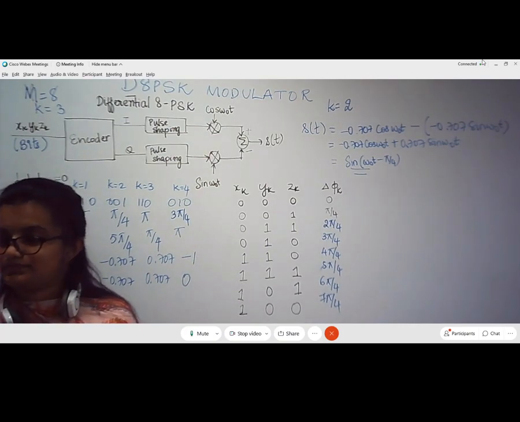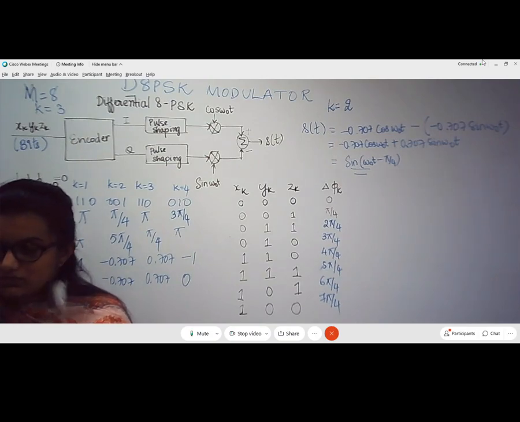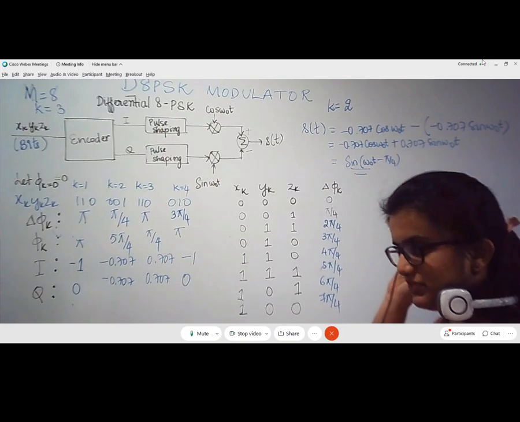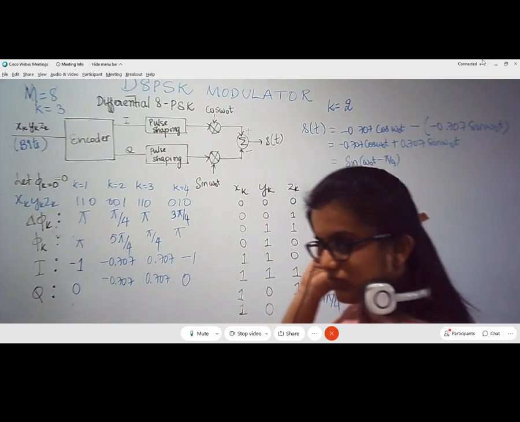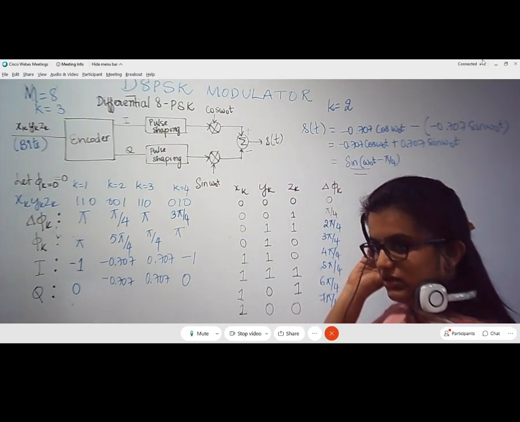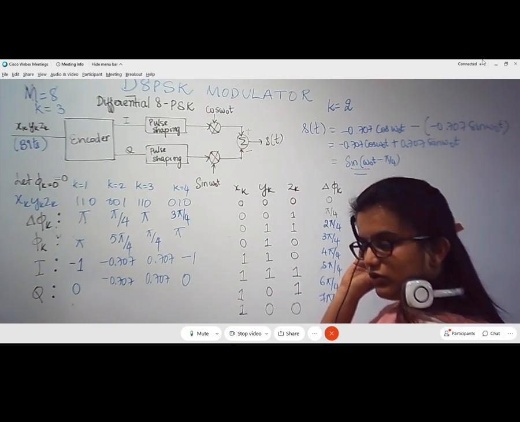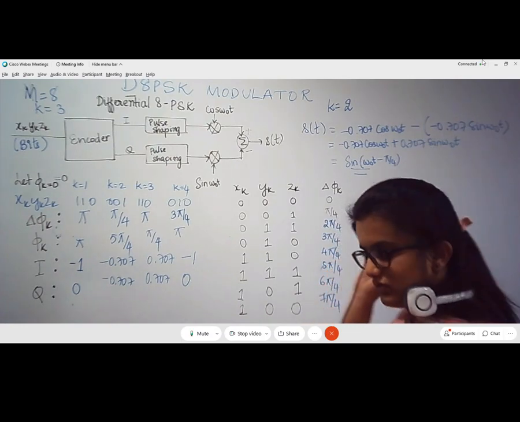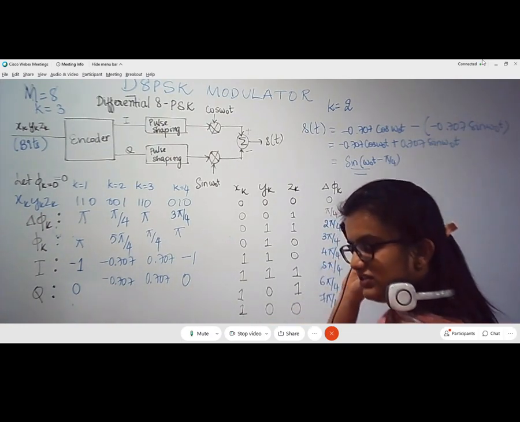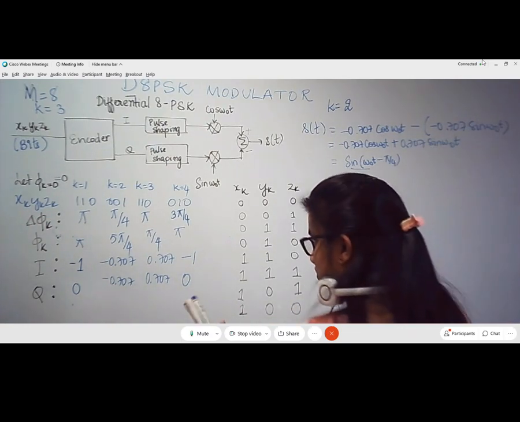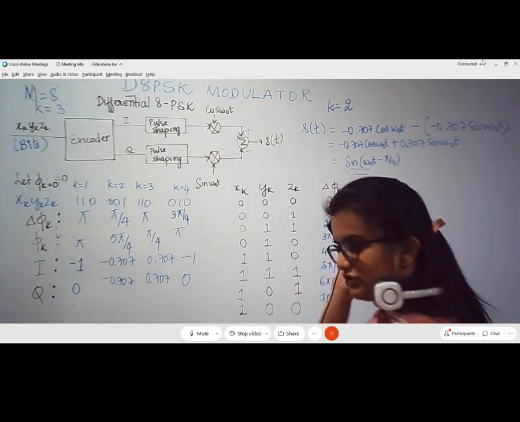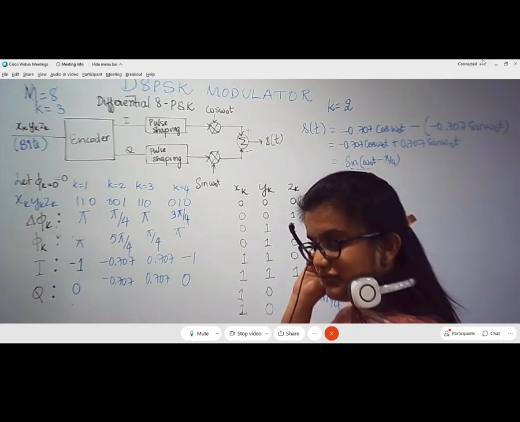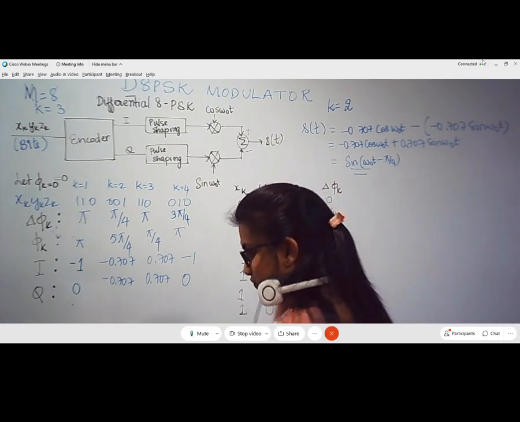Any doubts? At k is equal to 1 and k is equal to 4, both will get pi and pi as phase, no ma'am? Yes. So both will be same. How will it be differentiated, ma'am? Like the same waveform only. Okay. When I discuss the demodulator, maybe you will get that. If I discuss the demodulator, you will be able to appreciate how differential is going to work. Now I will come to that.